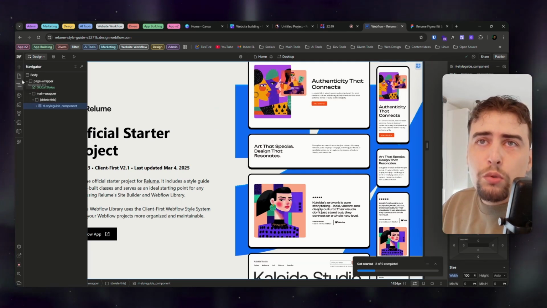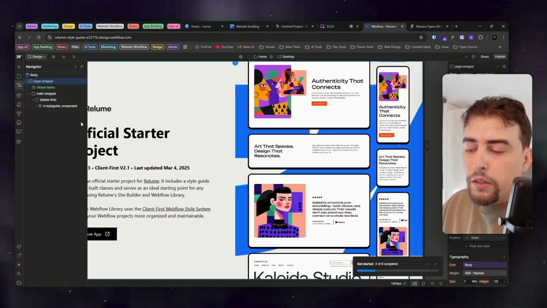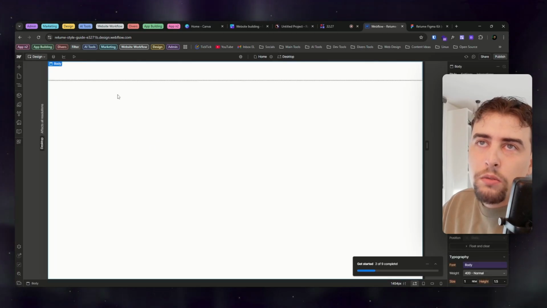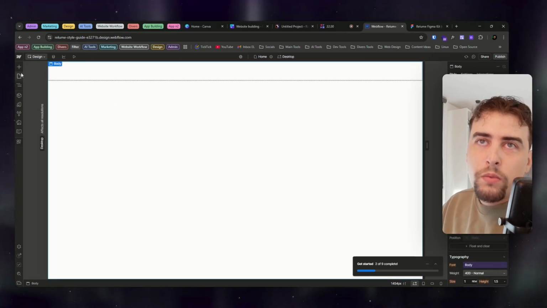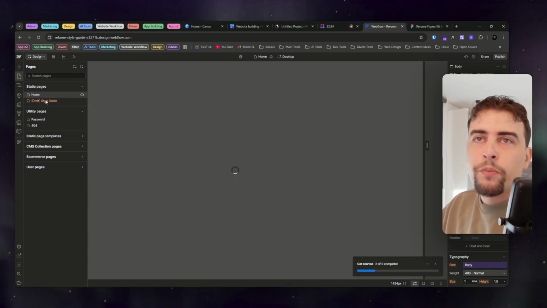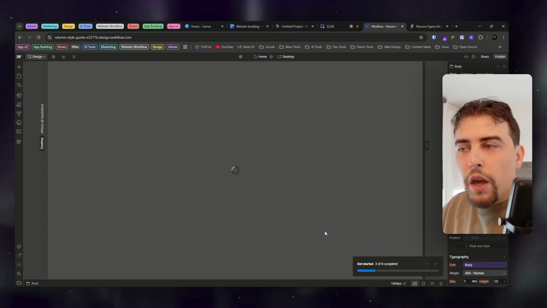But for example, you know that the homepage here, you have to delete it. So just here, for example, delete this, save it. And this is your template, so you don't have to delete it each time you duplicate it. Same for here. If you have